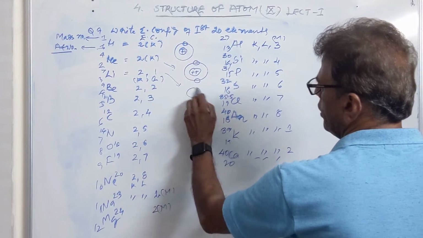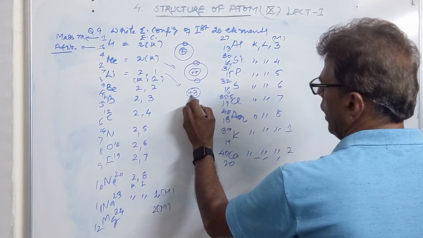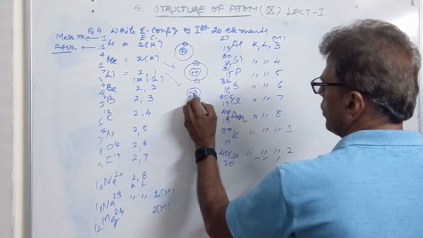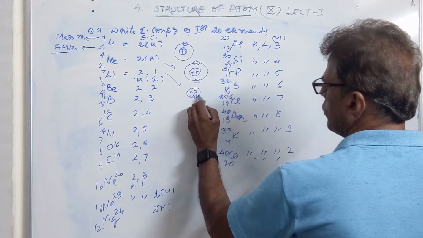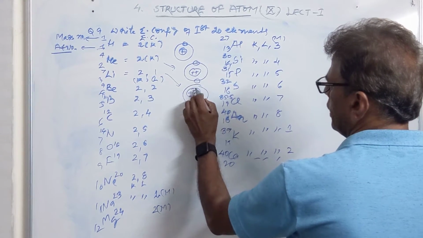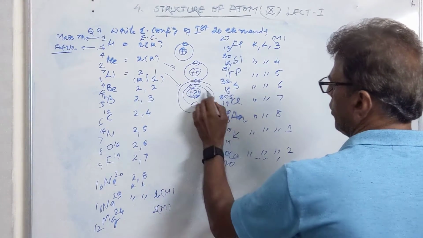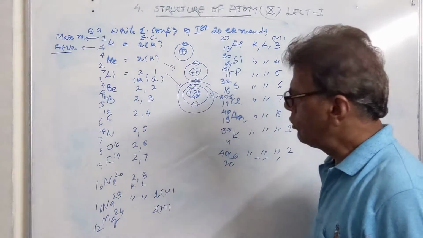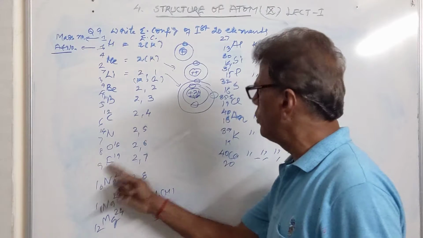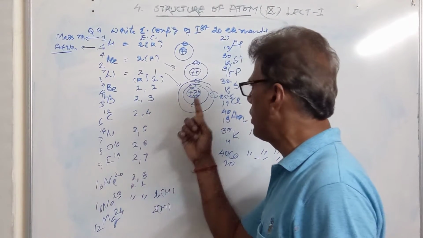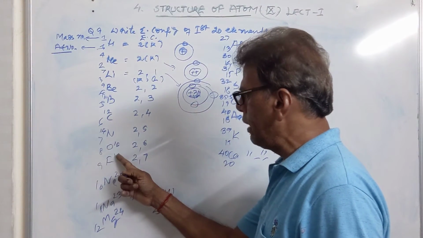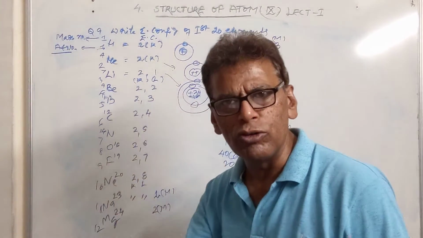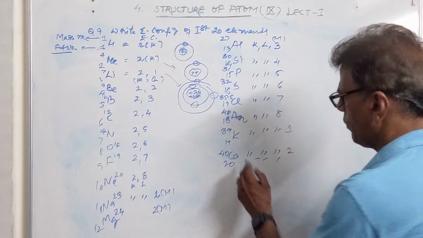Then in case of lithium, it has 3 protons and 4 neutrons, and it has 2 electrons in K cell, 1 electron in L cell. So in this manner you can draw their structures. You can put the number of electrons and number of protons equal to this number in the center, and subtracting the lower number from the upper number you can calculate the number of neutrons. Followed my point?